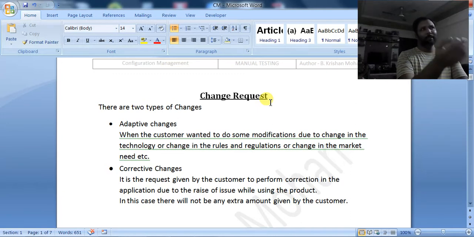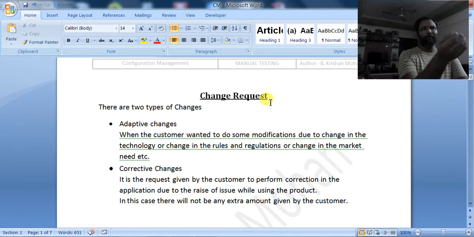Then what will he be doing? There will be a form, or he will intimate the modifications or changes that are to be done in the project. In this case, he will give the change request form. And then what about this?